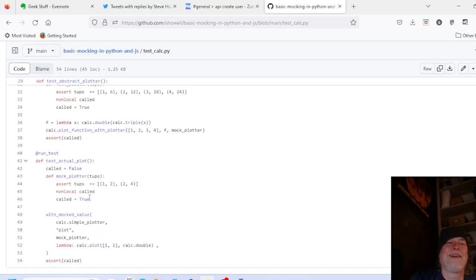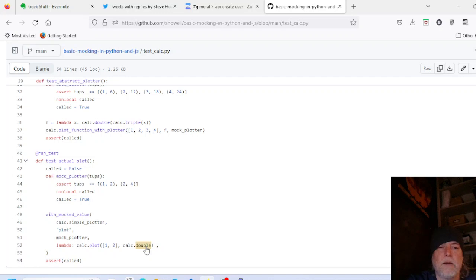Okay. And then we get to the final function, and this is where things get a little bit interesting. So in this final function, we're going to test that the actual call to, where is it, down here, calc.plot works as we expect. By the way, I have a little random space before the comma, which is not intentional. But when you call calc.plot, notice that you pass in the list of x values and you pass in the function that you want to calculate